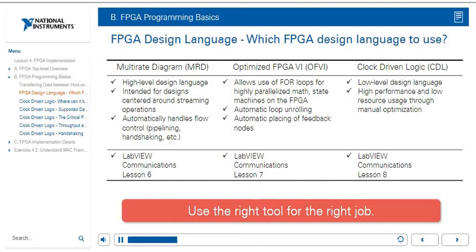These are also covered in more detail in the LabVIEW Communications Customer Education course in lessons 6, 7, and 8. But at a high level, the three options are the multivariate diagram, the optimized FPGA VI, and clock-driven logic. The multivariate diagram and optimized FPGA VI are both higher-level design languages. In both cases, the idea is that you express an algorithm in a more intuitive way and let the compiler